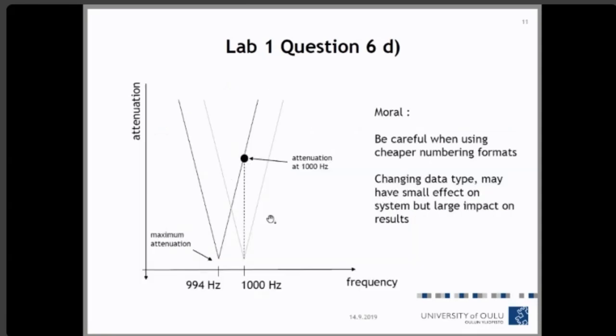If you had zoomed in and plotted the filter response, you would see that the ideal one, implemented using 32-bit floating point, is very close and actually very high precision. It attenuates the signal at the right frequency, but the ones implemented with lower precision numbering formats